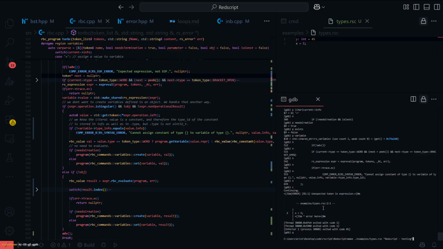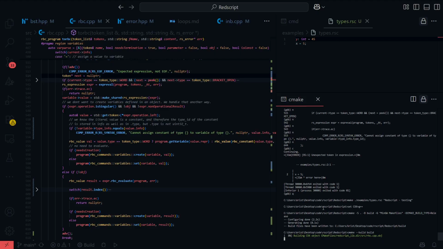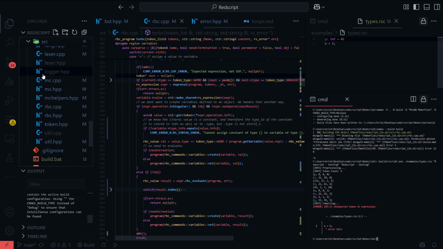I think there's something wrong with GNU Debugger. It doesn't like my program. I think it's like try optimize 0 G3 GDB. Is that debug level 3? G3? Okay, let me try that.